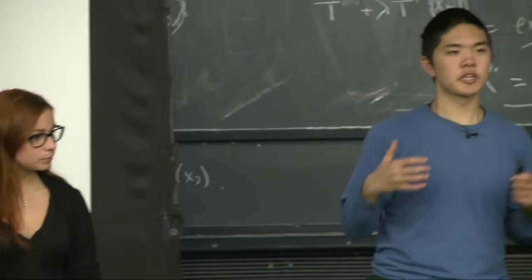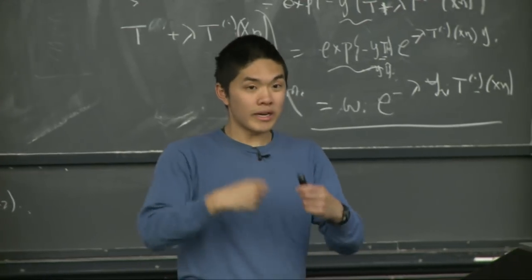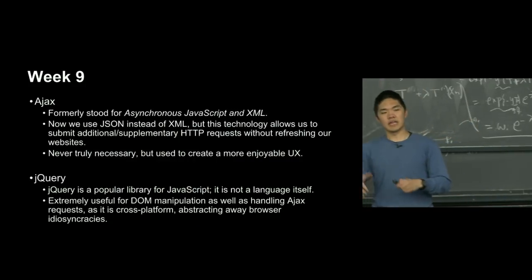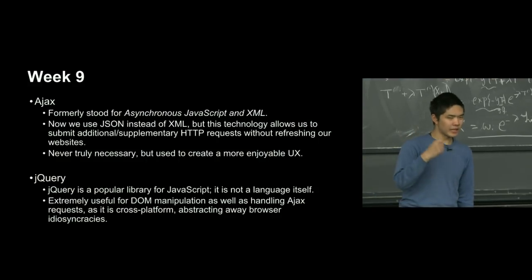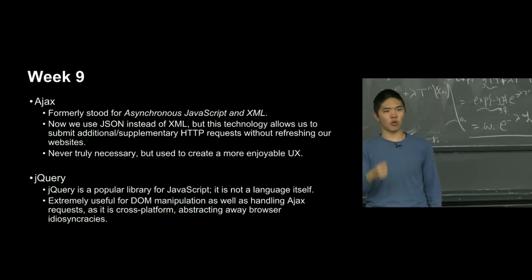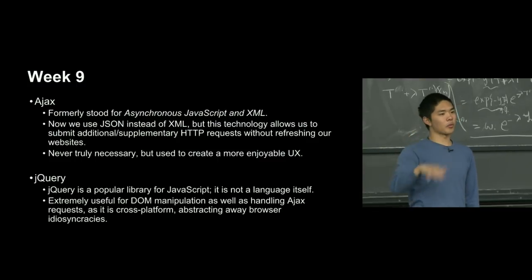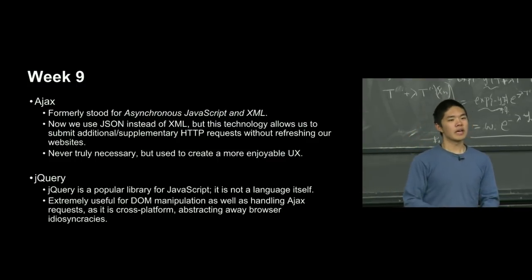So jQuery was a JavaScript library. It's not a language in and of itself, but it's a library written in JavaScript that makes writing some code in JavaScript a little bit easier. And so it was particularly helpful for handling AJAX requests. So the $ sign was the symbol that was used to represent jQuery. And to make an AJAX request using jQuery, it was as simple as saying